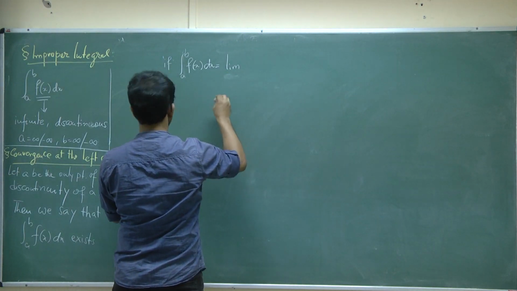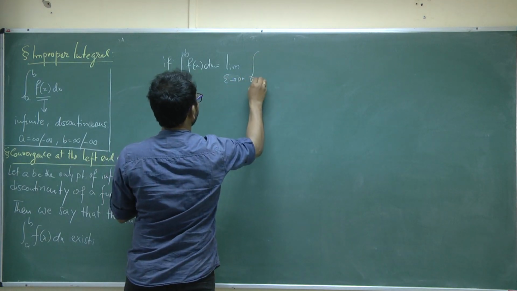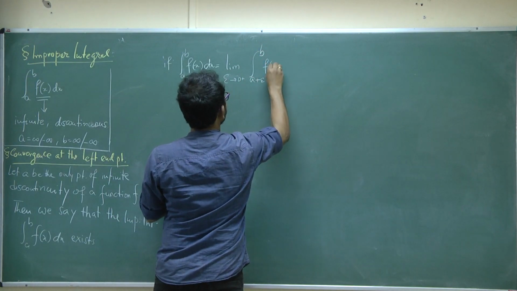So, I will write limit epsilon goes to 0 positive of the integral from a plus epsilon to b of f(x) dx